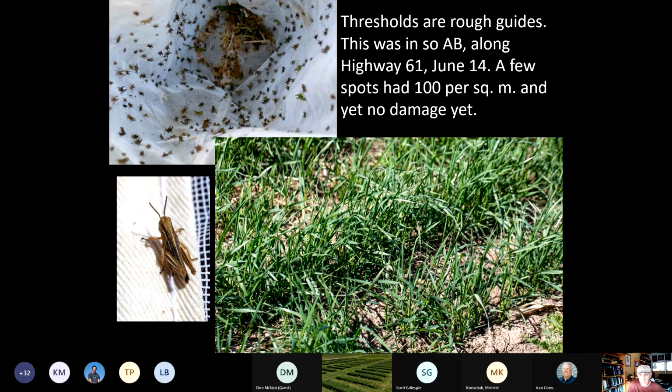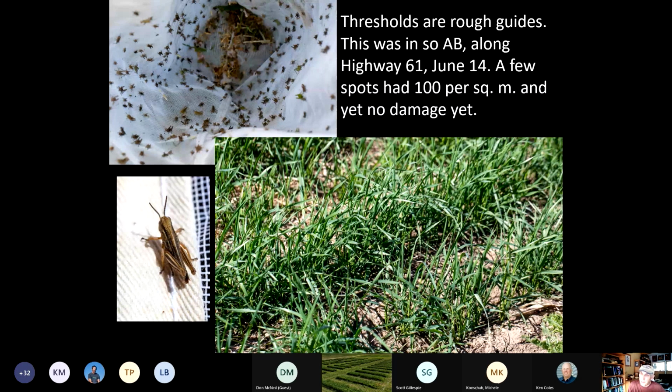Here's one I saw June 14. And I'm not really in the business of sampling grasshoppers and looking for damage and all that anymore, but I have to admit it's in my blood, and so I do it when I can, and I do it even on the weekend all over southern Alberta within driving distance. And I mostly have been finding very low numbers this year. But here I found 100 per square meter. Now the threshold is about 12, right? So 100